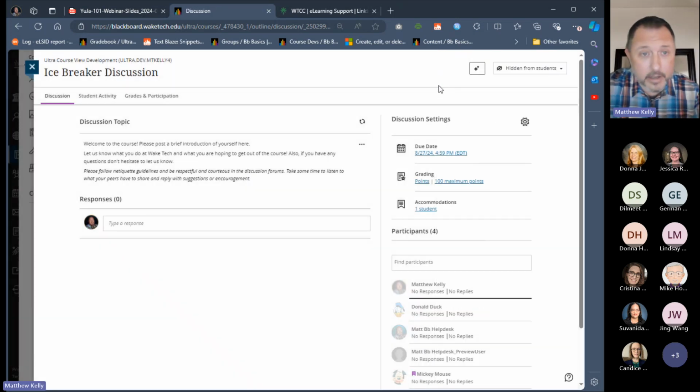Now, like I said, the method we're looking at now for inserting a YuJa video is to use the YuJa Media Chooser. The YuJa Media Chooser is located in the content market. And as I also said, any item where you can access the rich text editor, you can add content from the content market in. So we're going to do that right now here on the left in the discussion topic.